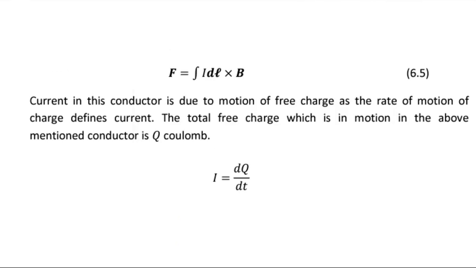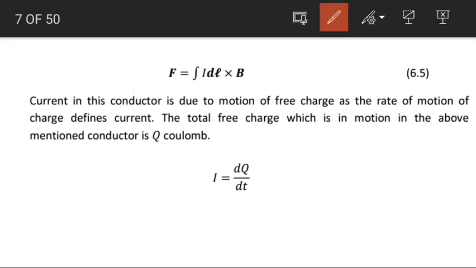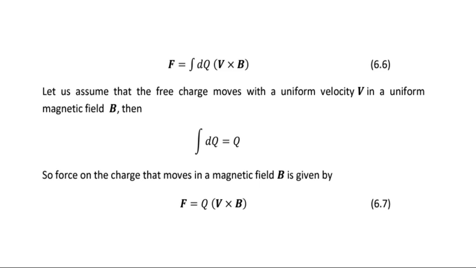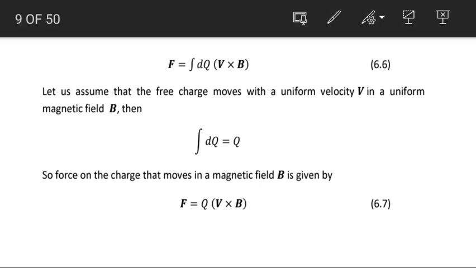You see, we put the value of IDL in equation number 6.5. So let us put the value of IDL in equation number 6.5. If we put the value of IDL in equation number 6.5, we obtain equation number 6.6. So the force which is experienced by this conductor will be equal to the integration of dq into v cross